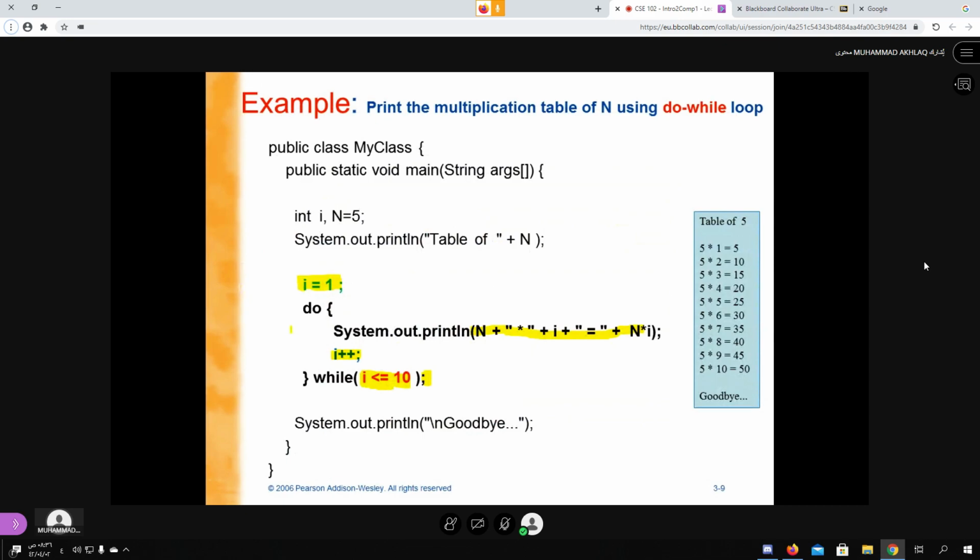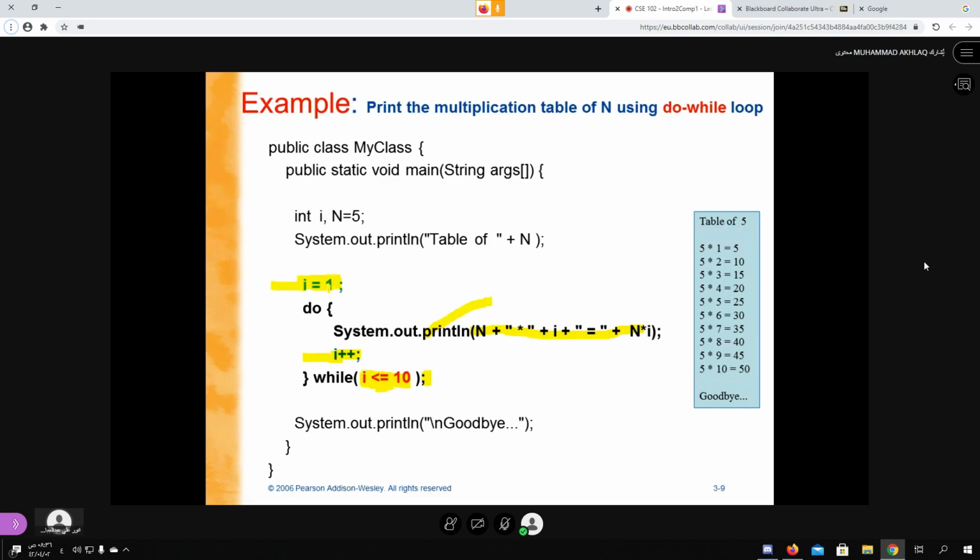Definitely there will be one question on converting between the loops. You will be given any small part of a loop, maybe in while, do while, and you must change it to another type, maybe for, while, do while, whatever. So you should identify these three parts: what is the initialization, what is the increment, what is the condition, and what is the other statement. Put them in proper order. That's it. There is no rocket science.